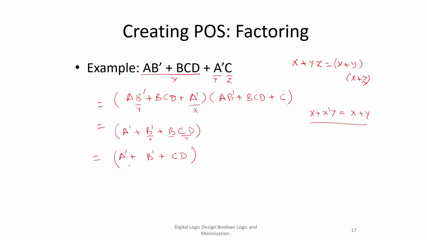Now further I can use the factoring. In the factoring I can use this part of the theorem, which is distribution. I can call it a' plus b'. So this part I can now keep as x and this is y and this is z. So I can call it a' plus b' plus c and a' plus b' plus d. Now let us focus on this thing. So here I can use a'b', sorry, this is not to be there.